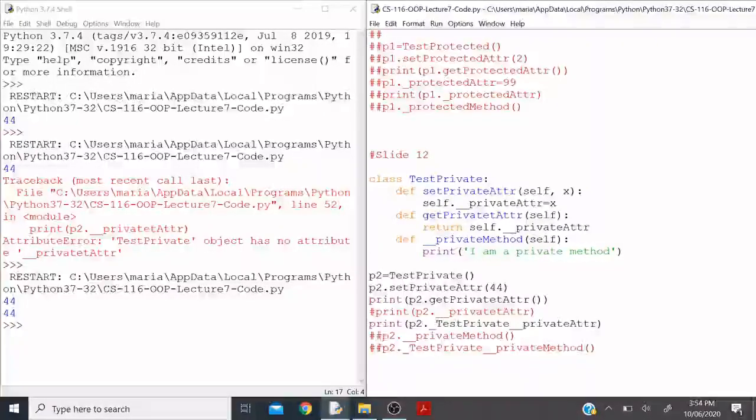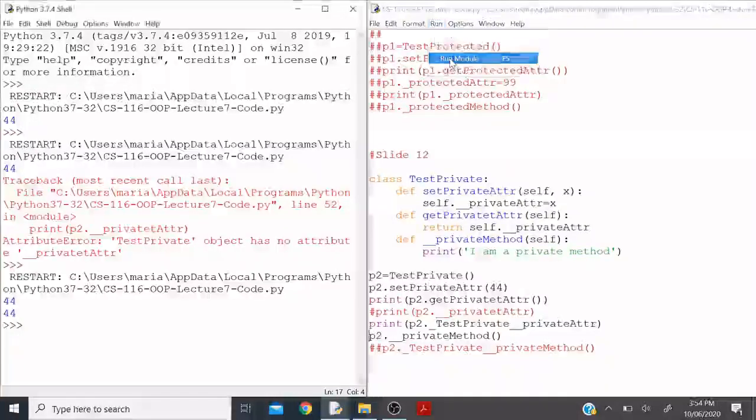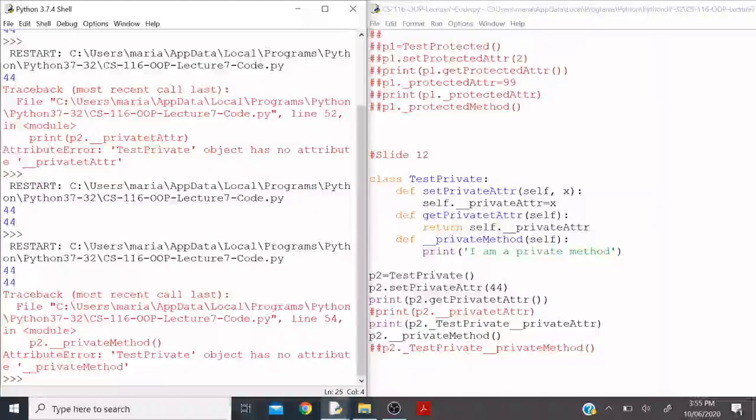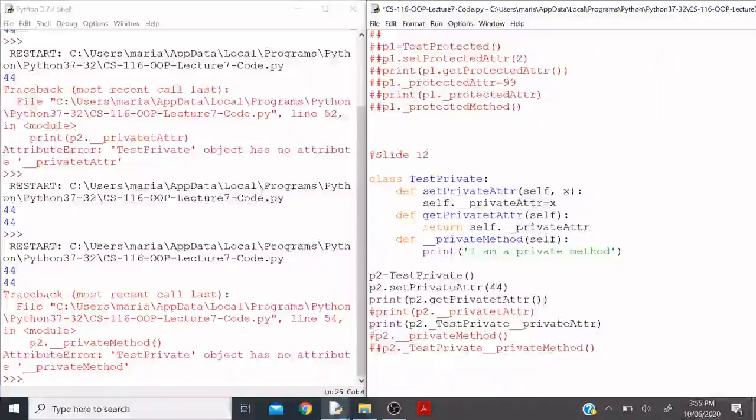Similarly, if I try to access this private method directly, this will also produce an error. So here it is not identifying this attribute underscore private method. Actually, this term attribute is sometimes used for both the data items and for the methods also. So here this underscore private method is also not accessible from this main program. So let's comment this out, and then